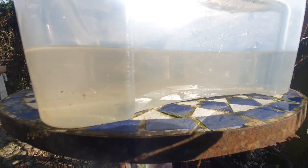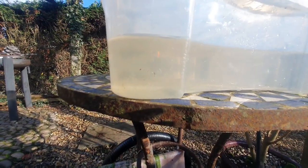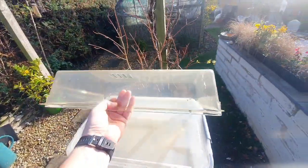I can't see anything in there at the minute. There were quite a few crawlies, beneficial crawlies, in my reef tank that I've cleaned out, but I can't see any in there. So this was the piece cloth top that I used. So this was what was underneath,